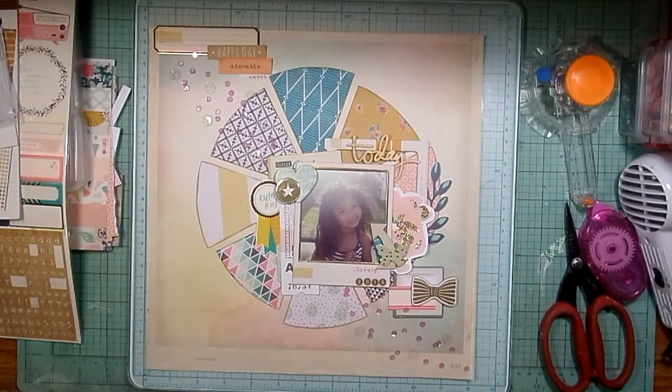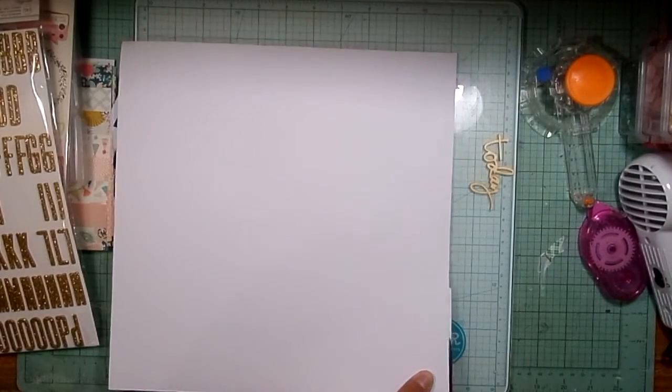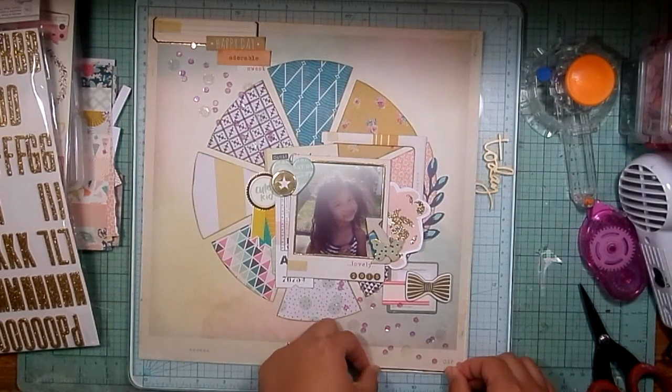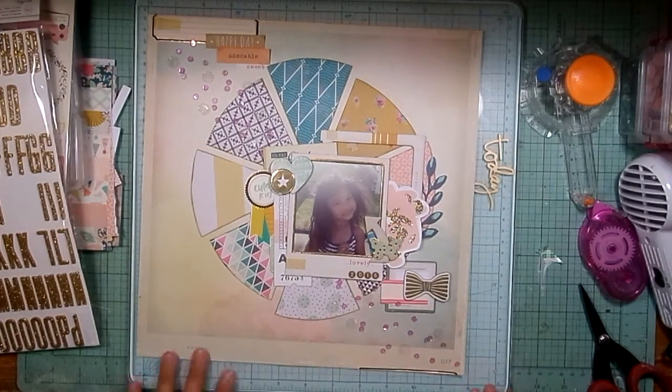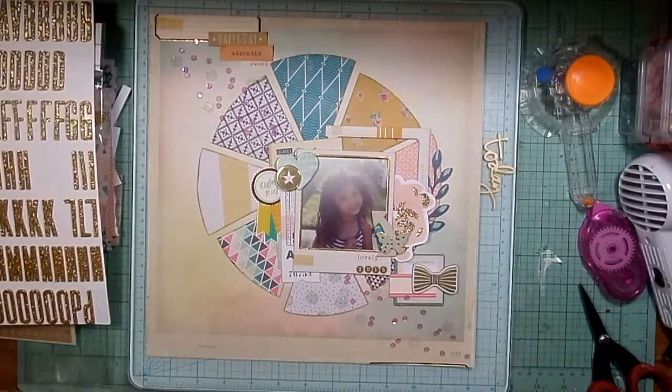And what am I going to do next? I think I'm going to work on my title. So I knew I wanted it to go. Oh, I'm going to trim off this little excess here. And for some reason, I didn't feel like throwing that little gold strip away, so I just stuck it down there. I don't know. That's not really a major part of the layout, but anyways,